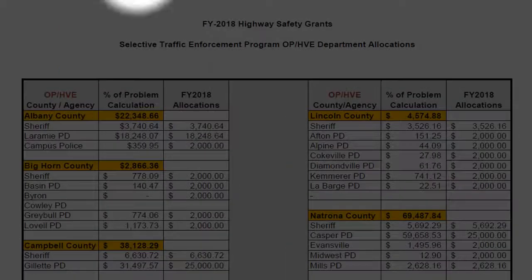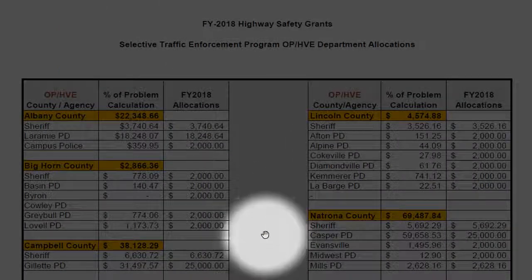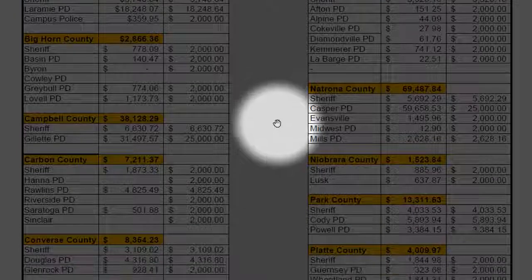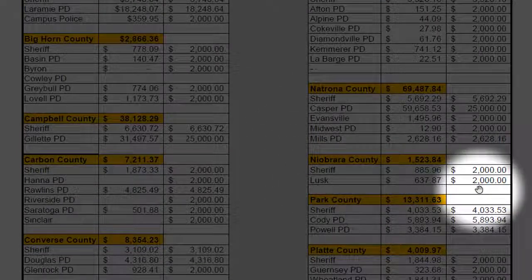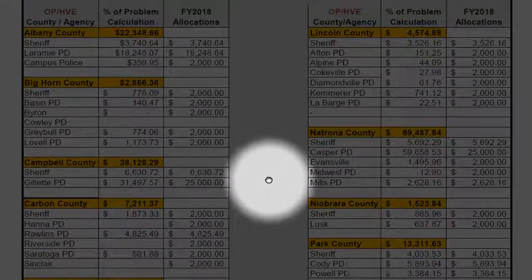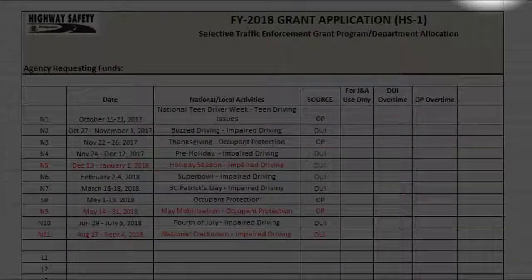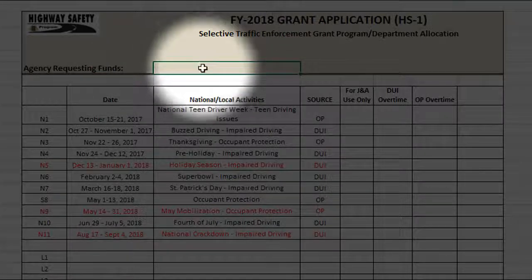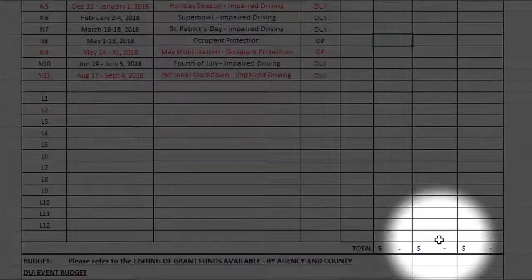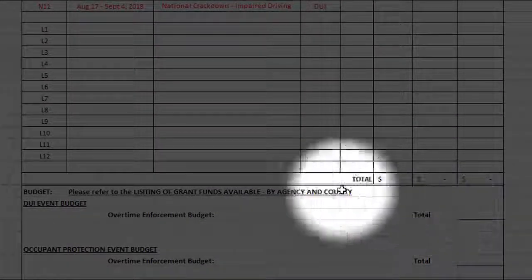If we look at the HVE Occupant Protection Enforcement document, we can also go down and we see that there is $2,000 available for Lusk Police Department for occupant protection HVE enforcement. Once you have the allocation formula numbers, you can then begin filling out the actual grant application. The application is the HS1 form, and you need to make sure that you put your agency name in the agency requesting funds line. You can then transfer the numbers that you pulled from the allocation formula into the budget